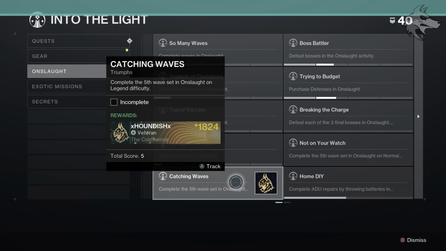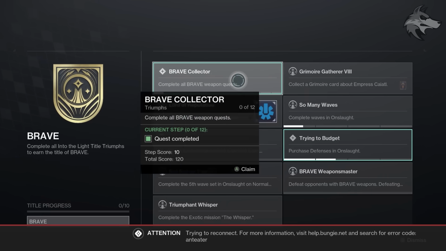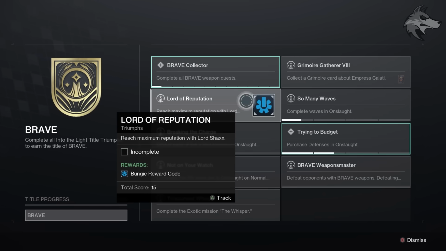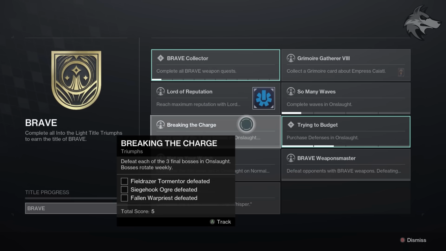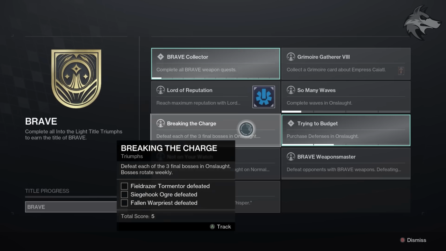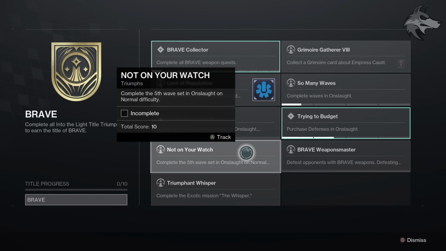For a quick mention of the new title though, this is called Brave, and we can unlock this by playing the core Into the Light content. So firstly, there's an objective to complete all of the Brave weapon quests, then to reach the maximum reputation with Lord Shaxx, but also want to defeat each of the 3 final bosses in Onslaught, with the bosses rotating weekly, another one to also complete the 5th wave set in Onslaught on normal difficulty, then to complete the exotic mission